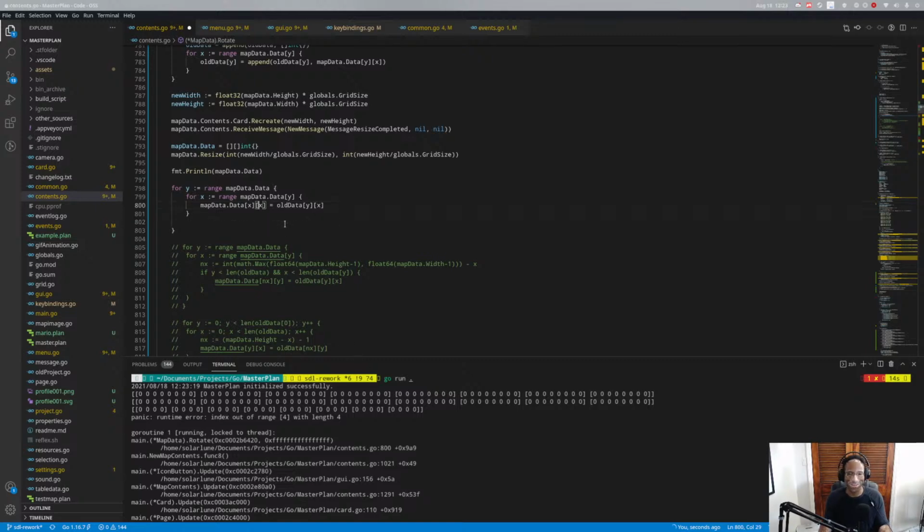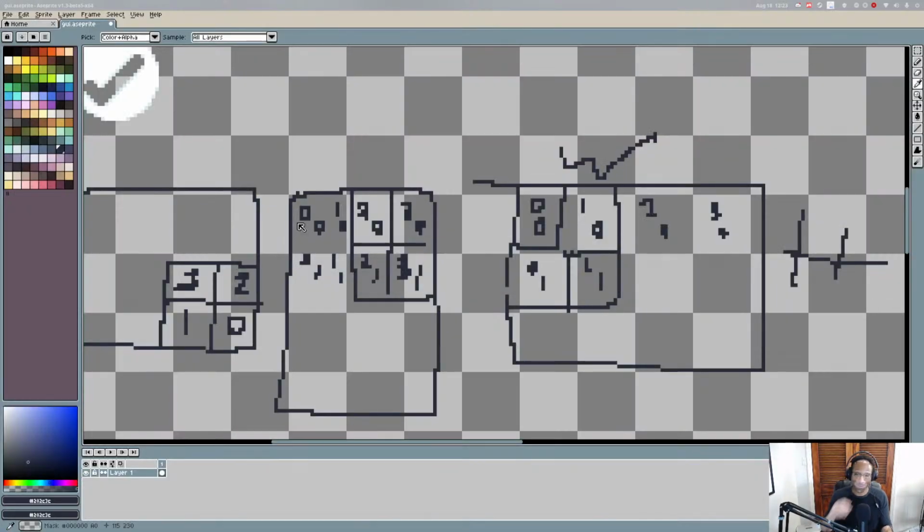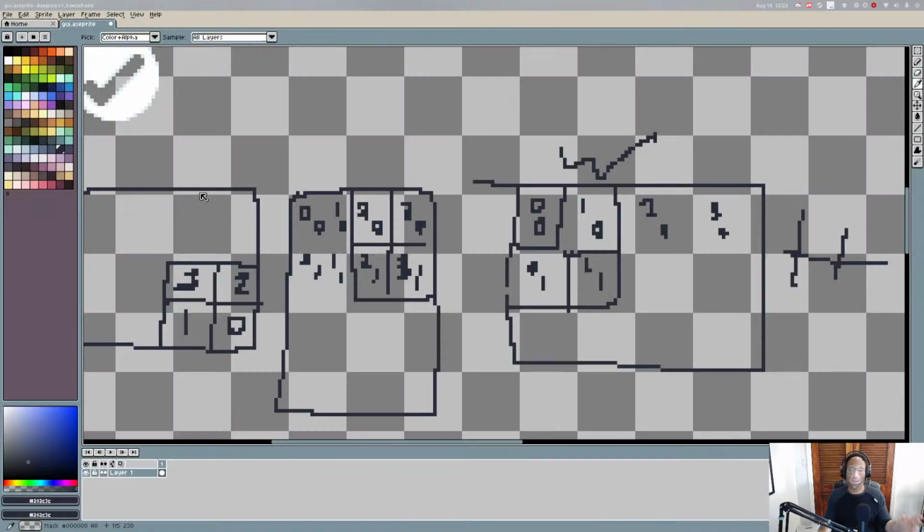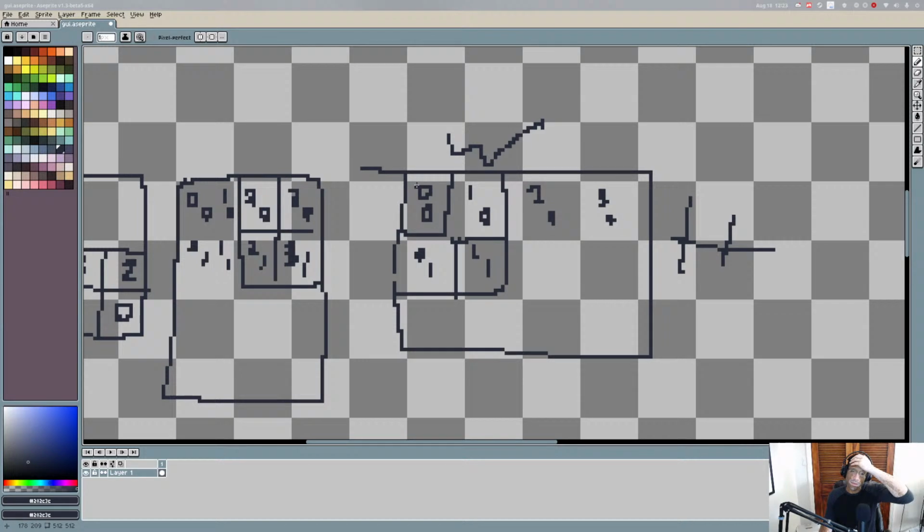I'm lost in the sauce, guys. I'm gonna be honest. Let's go back to this mockup so I can fully understand what I need to do. So yeah, we got 0, 0, 1, 0. These are blocks, right? There's something here, there's something here, there's something here, there's something here. We rotate it. Now,